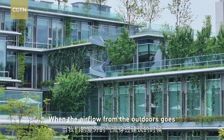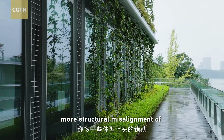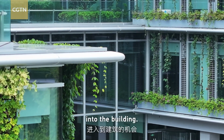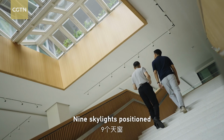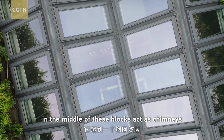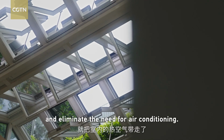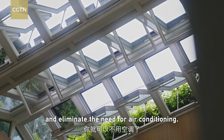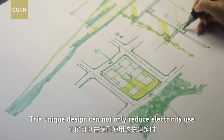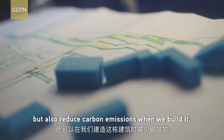This unique design can not only reduce electricity use when we use the building, but also reduce carbon emissions